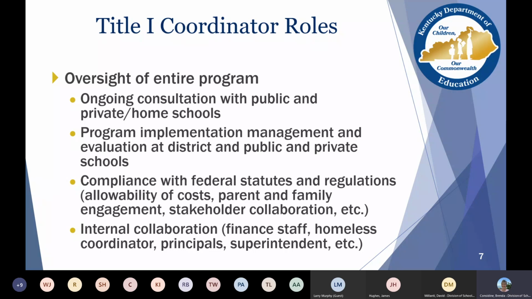It's sometimes helpful at the district level to work with principals so that they know how they can utilize that funding to make the most difference with our children and their achievement. And then, of course, your superintendent always wants to be involved.